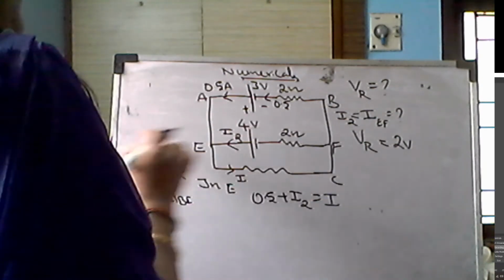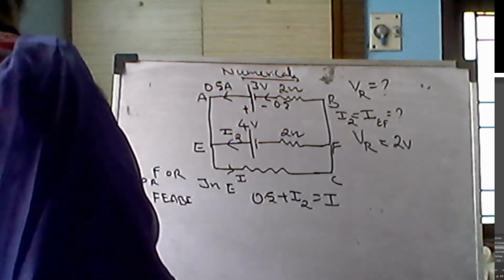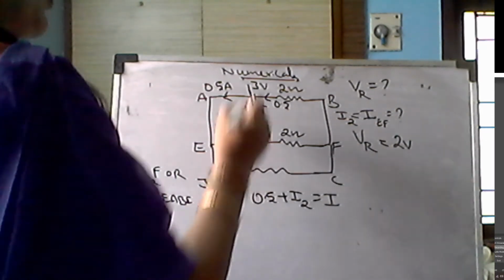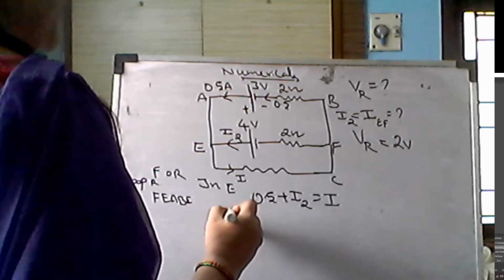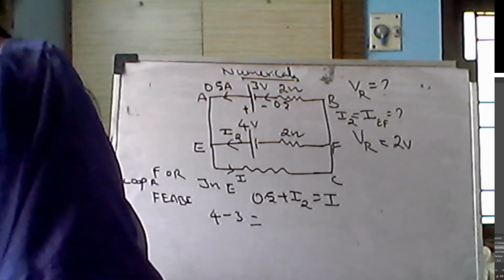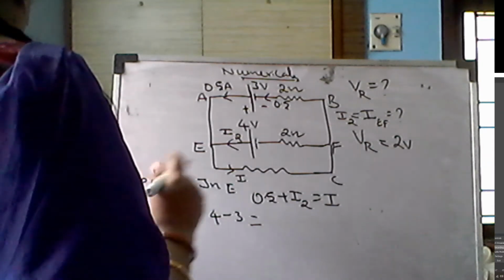Here you have started from F only. So you can write 4 minus 3 is equal to,